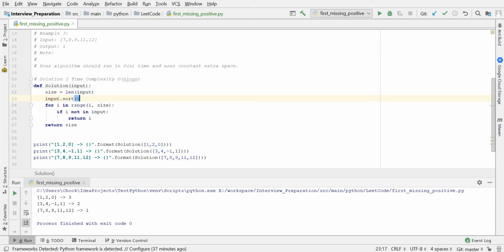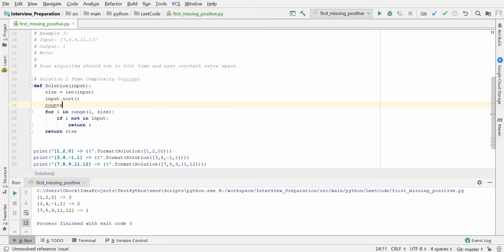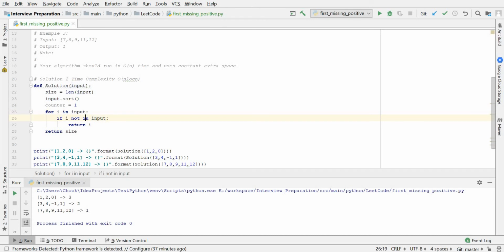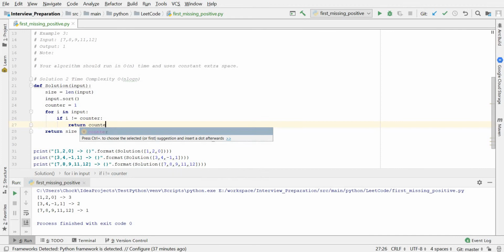After sorting it, we are going to have a counter, and the counter is going to start from 1 because 0 is not a positive integer. And then I'm going to iterate over the elements in the input, for I in input, and then I'm going to check if I not equal to counter, then return counter,